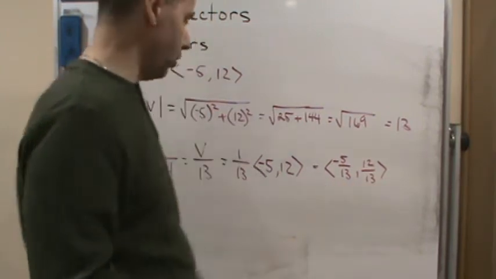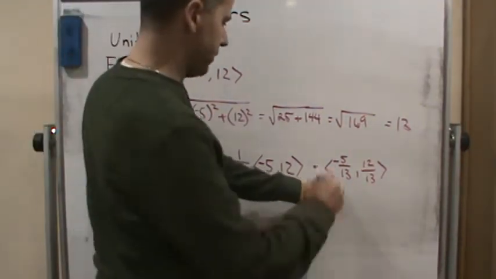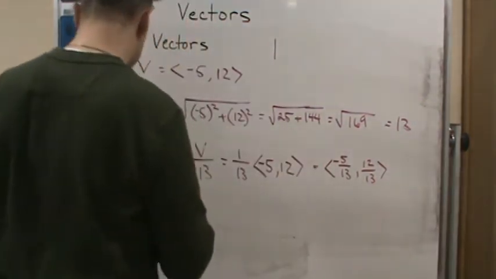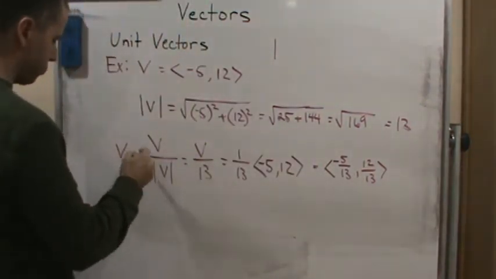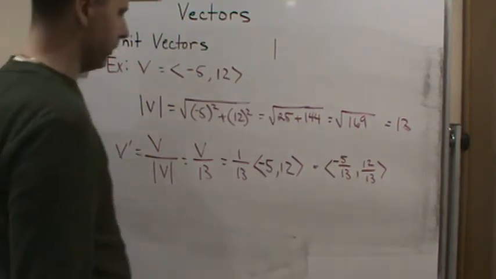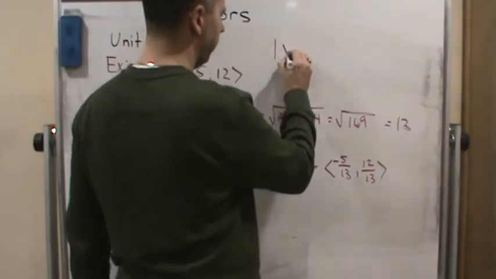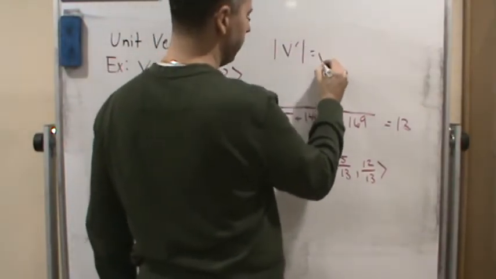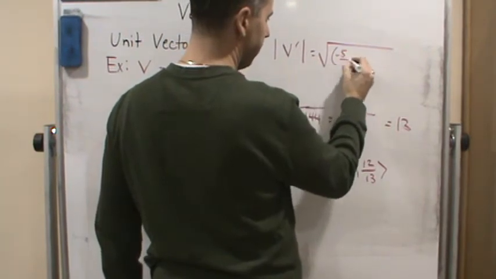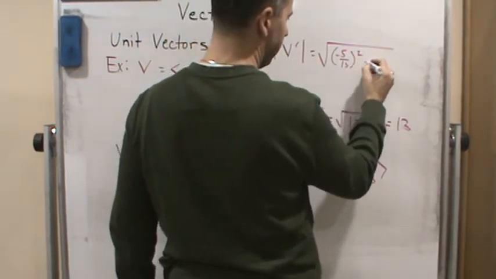And you can prove it too, right? So you can prove that this has a magnitude of 1. Just find the magnitude of this one. Let's call it v prime. Okay? So the magnitude of v prime is going to be the square root of what? Negative 5/13 squared plus